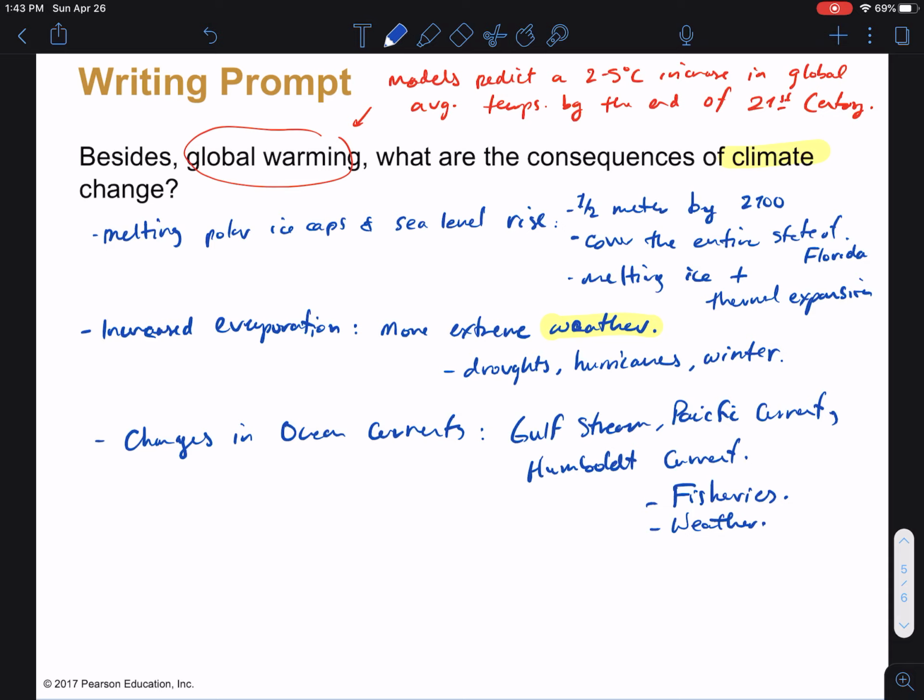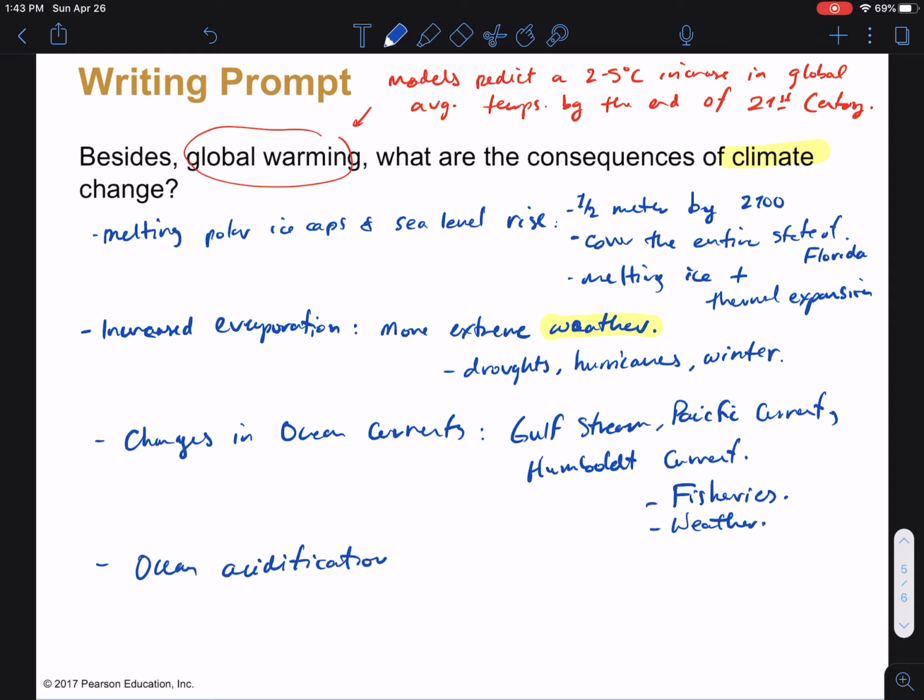So, changes in ocean currents could come from the increase in water temperature. It can actually also come from the lack of sea ice at the poles. Sea ice causes cold water to sink down. If there's no sea ice, you don't have that sinking cold water, you can get really big disruptions in these currents. Last one I want to add here is ocean